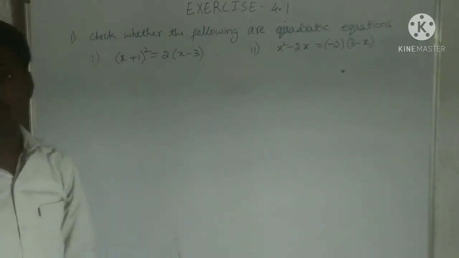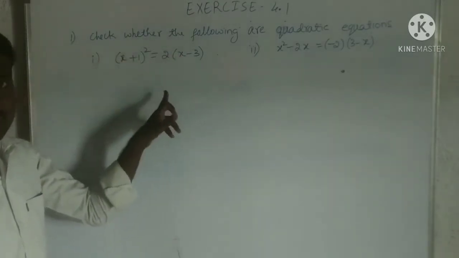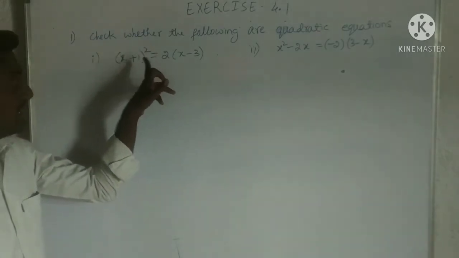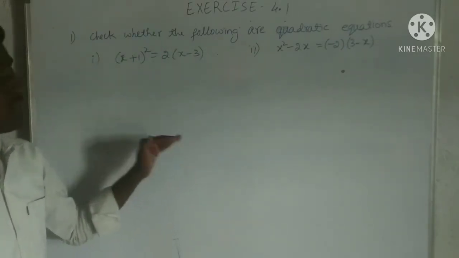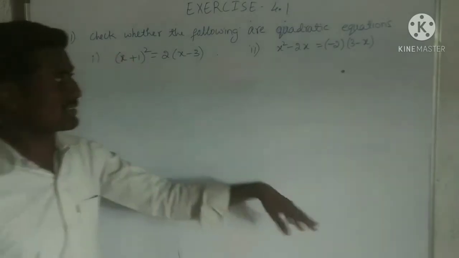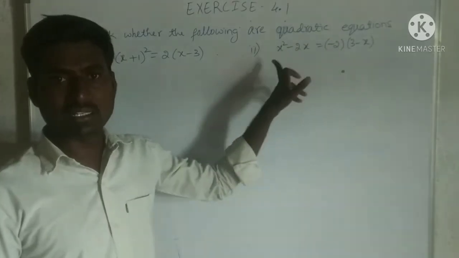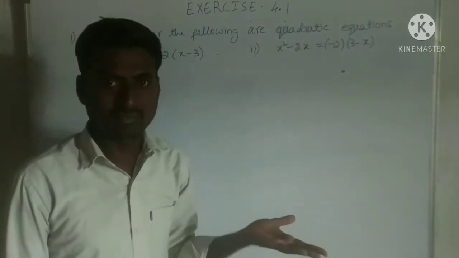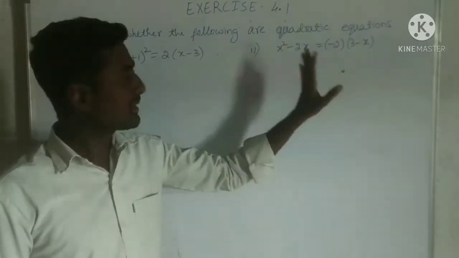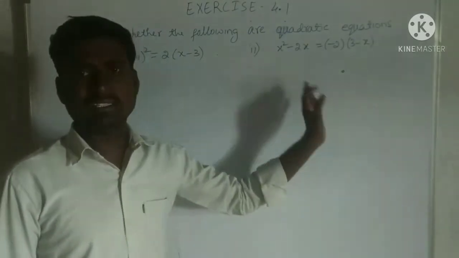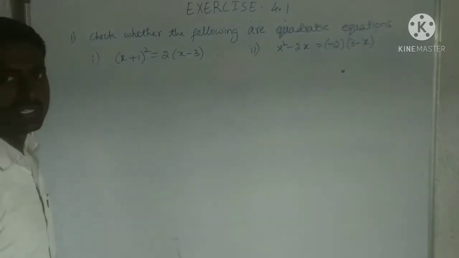It must be a quadratic equation because here it is of the form a plus b whole square. After solving this, you will get an x square term. Here there is no x square term on the right side, but on the left side there is. If the right side also had 1 x square, the x square might get cancelled. But only the LHS has an x square term, so it cannot get cancelled. The x square remains as it is. Therefore it is also a quadratic equation. Otherwise you can solve them properly, then give the answer for that.